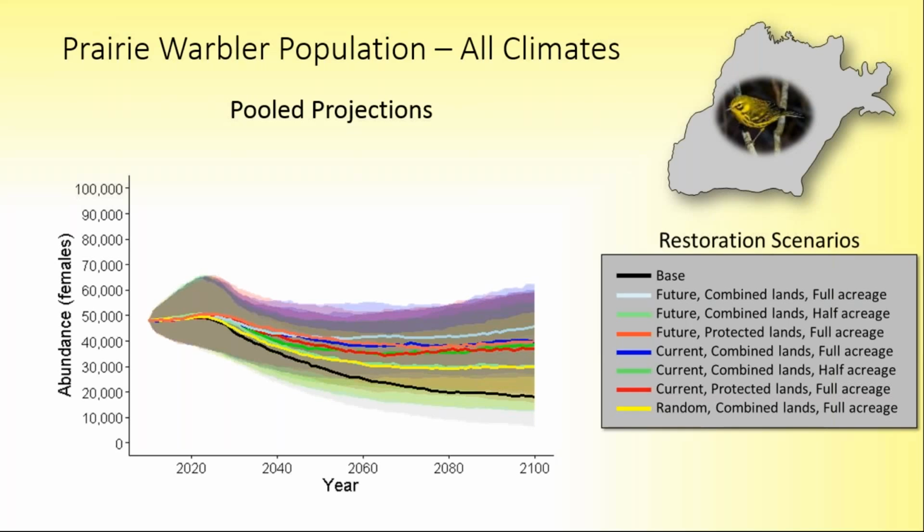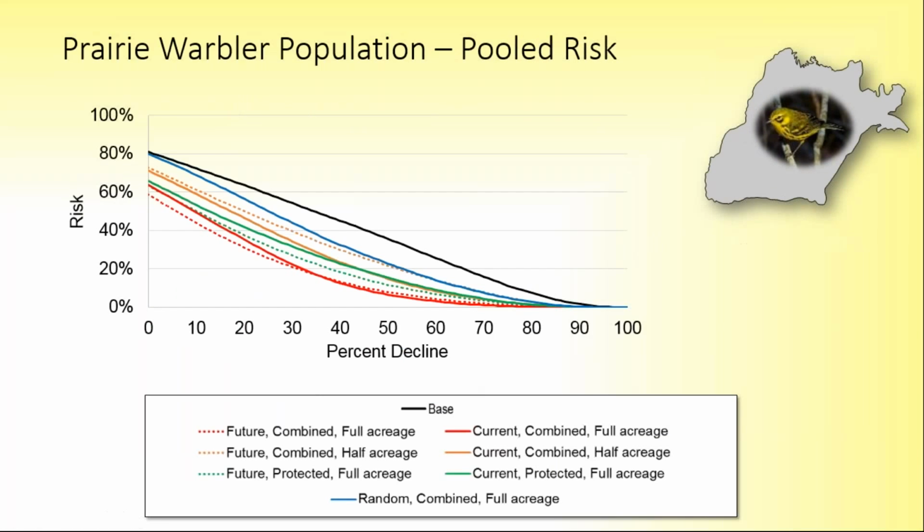Okay, now this is still a lot of overlap between those individual scenarios. So if you were to make a decision based off of this, it would be very difficult. And that's why risk is so important here, because now we can take all that uncertainty in these error bars around these scenarios, and we can translate that down to risk. And now we get just a series of lines under the different scenarios. Again, the black line is the baseline, and we've got this blue line here, that's the random. And what this shows is, for the prairie warbler population across all climates, what's the probability or risk of declining by a certain percentage over the next